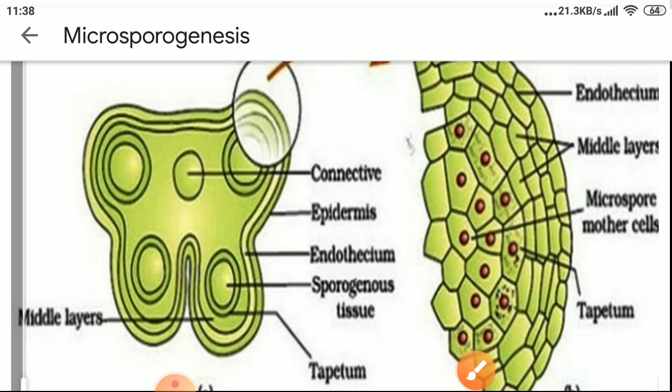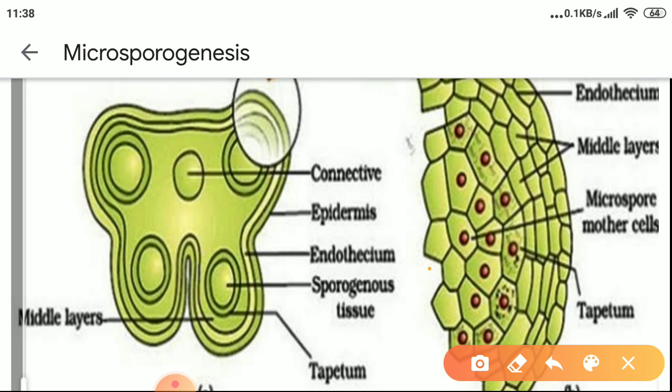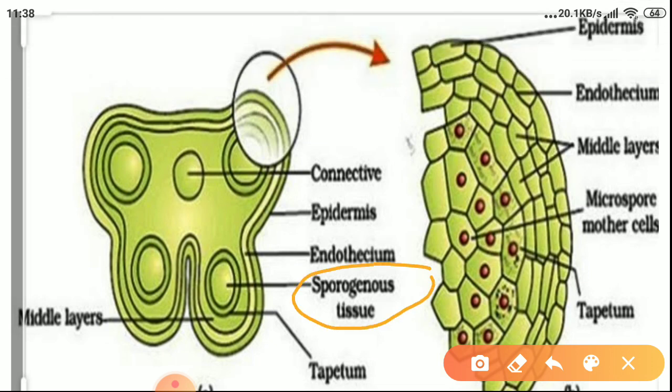Now moving on. Before moving on, again I would like to tell you that young anthers contain this tissue, which is called sporogenous tissue. If I am saying tissue, it means group of cells. Each cell in a sporogenous tissue has potential to give rise to male gametophyte, that is pollen grain. So each cell in the sporogenous tissue is called as